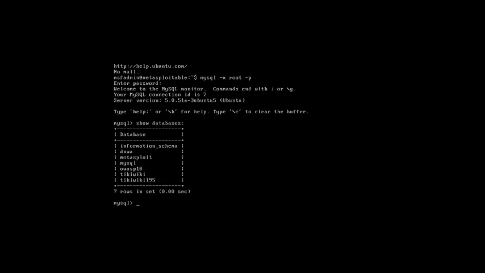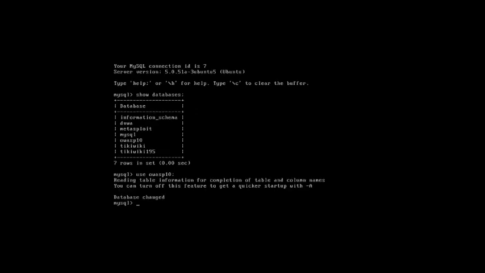To use a particular database, we need to use the command use, then the database name OWASP10, then semicolon. So database changed. Now to check all the available tables inside this database, we need to use the command show tables.